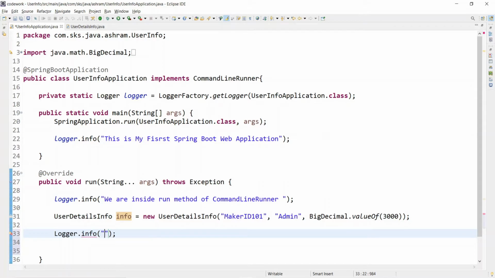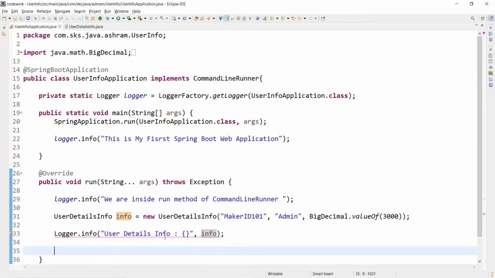So let's print this user details info, and this comma info, right? Logger.info, user details and info.